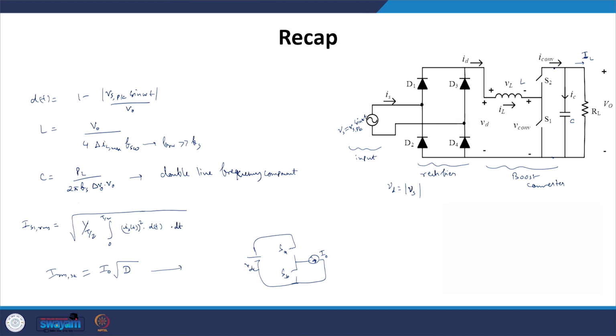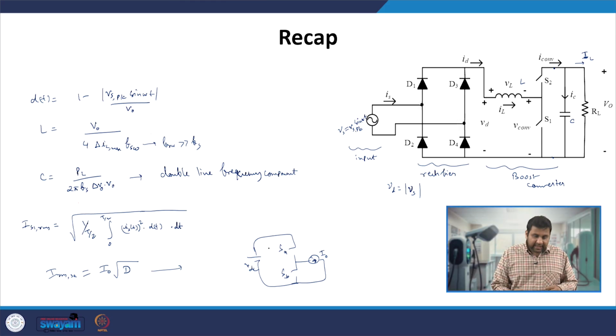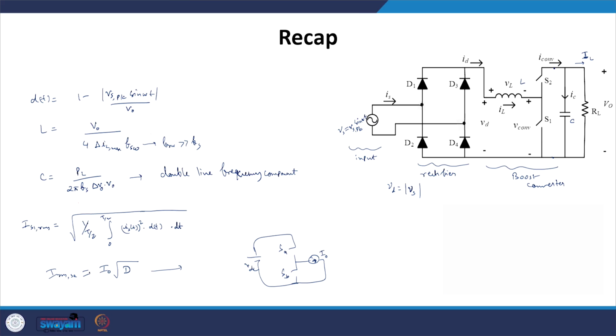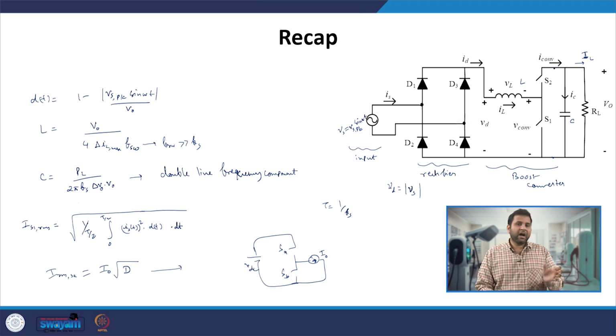So this we have derived from a very generic voltage source converter, which has this half bridge as a fundamental building block, and that particular expression we have expanded to this particular S1 switch. There we saw that IS1 is nothing but under root of 1 by T by 2, integrated from 0 to T by 2, where T is 1 by Fs, the time period corresponding to the line frequency or the AC input frequency, because the average current flowing through this inductor will repeat itself after T by 2 period.